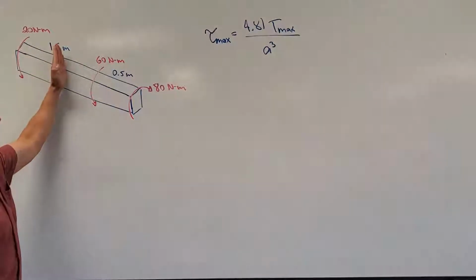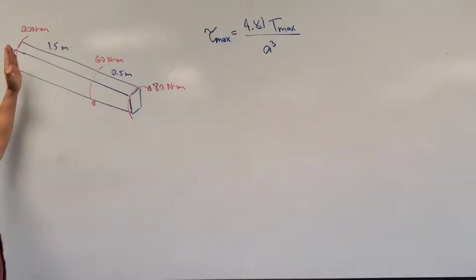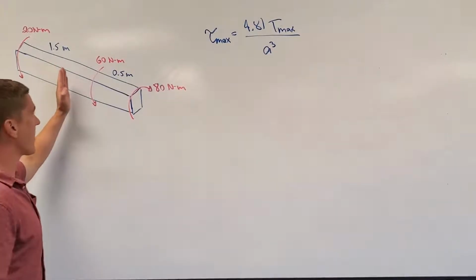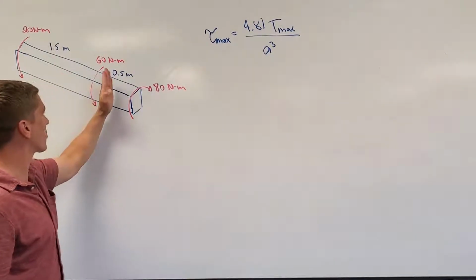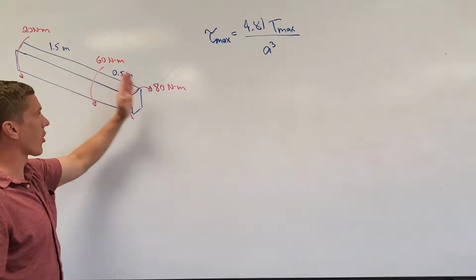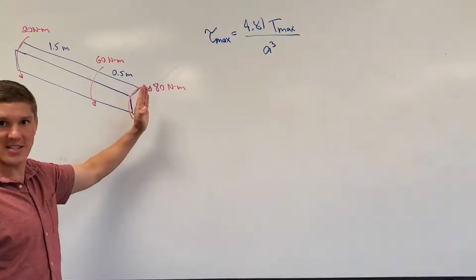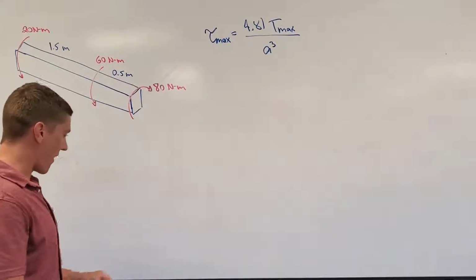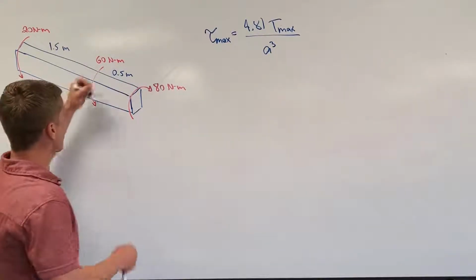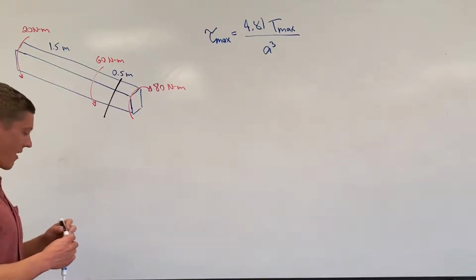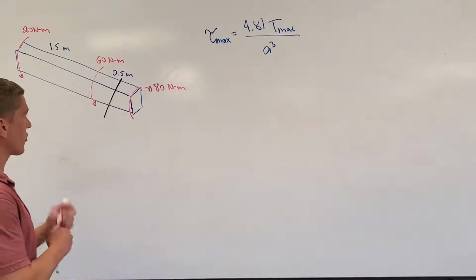If I make a cut here and I consider the left side for equilibrium, I have to have an internal torque of 20 Newton meters. The same thing I can do here. I can make a cut in between the 60 Newton meter torque and the 80 Newton meter torque, but this time I'm going to consider the right side. So if I make my cut right here, and I then consider the right side of my cut, I know that my internal torque here